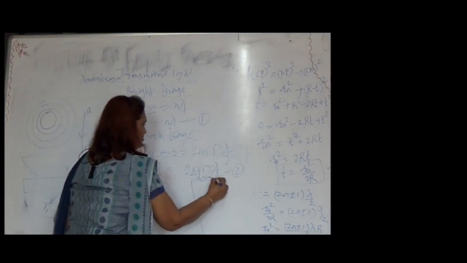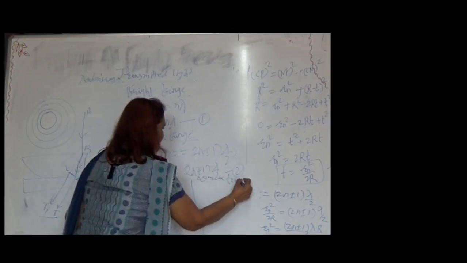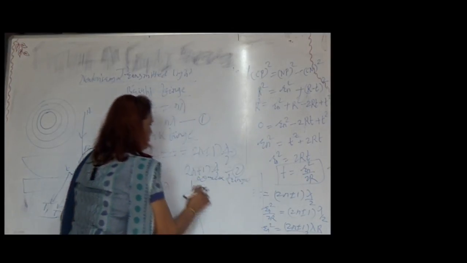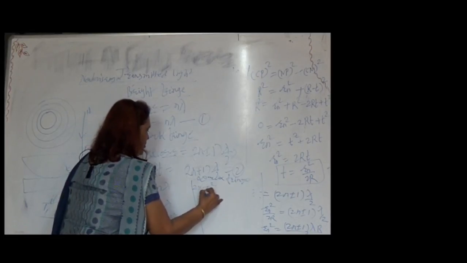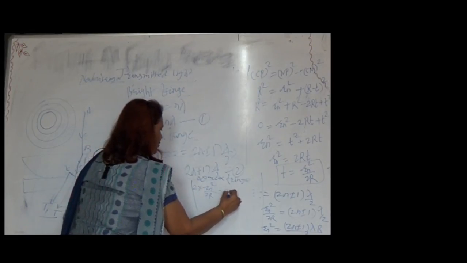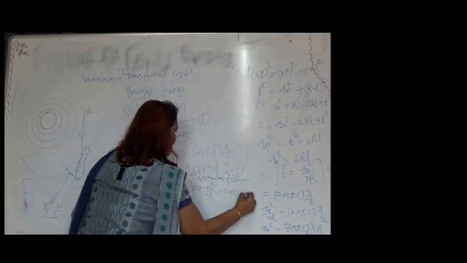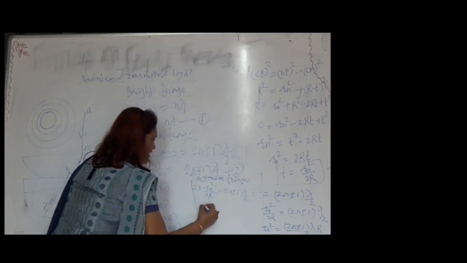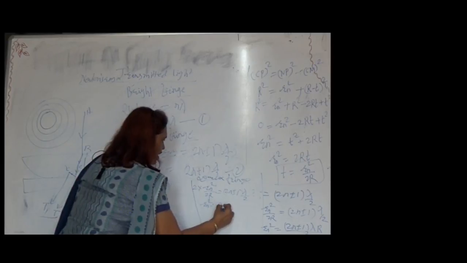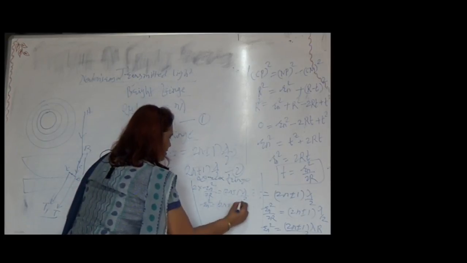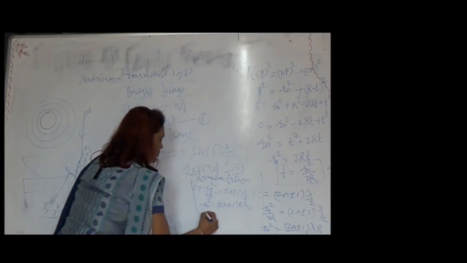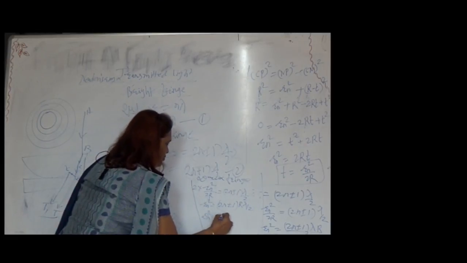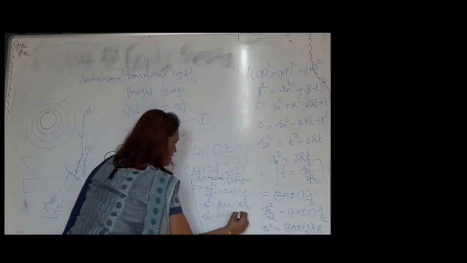Now for dark fringes, we will substitute the same thing in equation number 2. 2 into rn square upon 2r is equal to (2n plus or minus 1) lambda by 2. So we get rn square is equal to (2n plus or minus 1) r lambda by 2. So Dn square is equal to (2n plus or minus 1) 2